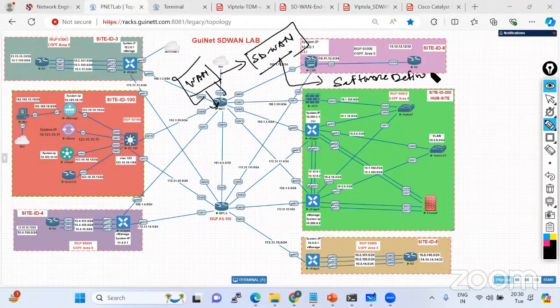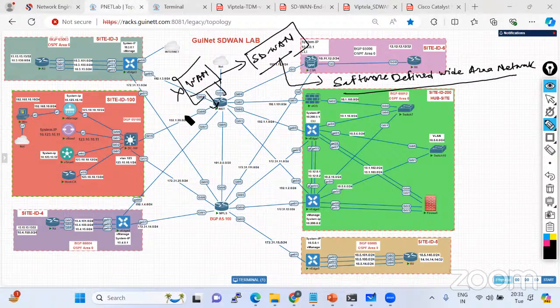Software defined wide area network. This is the full form of SD-WAN. It's an approach to managing and optimizing a wide area network. It's just an approach to enhance the performance of the legacy WAN, or you might optimize